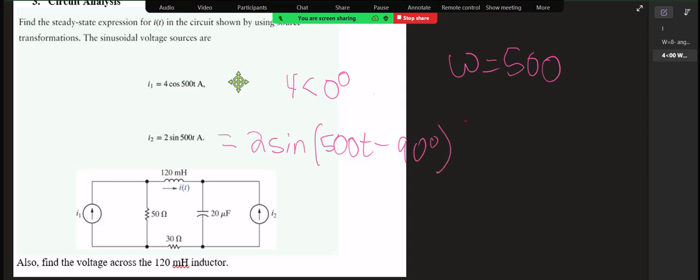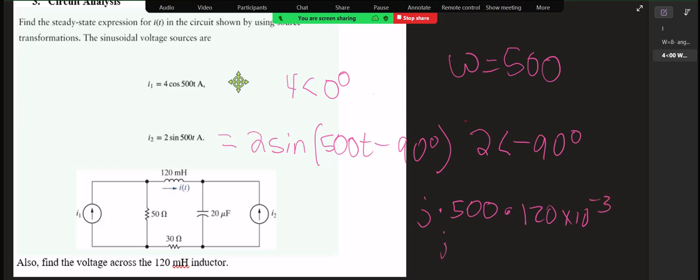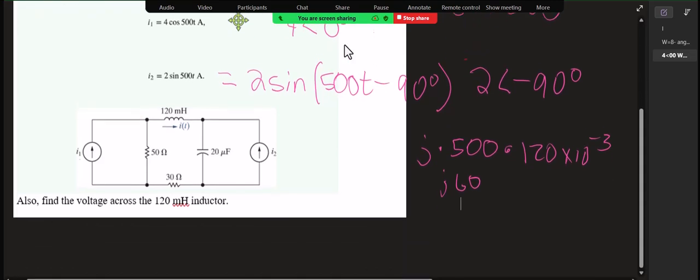So that is 2 angle negative 90 degrees. And then our inductor will be j times 500 times 120 times 10 to the negative third, which is j60. And our capacitor,